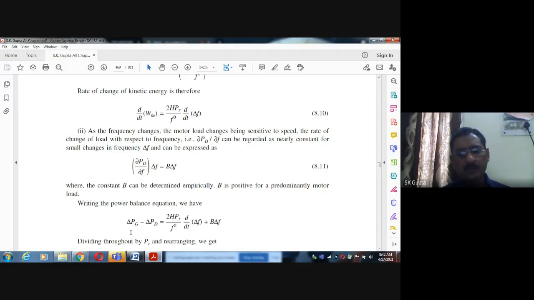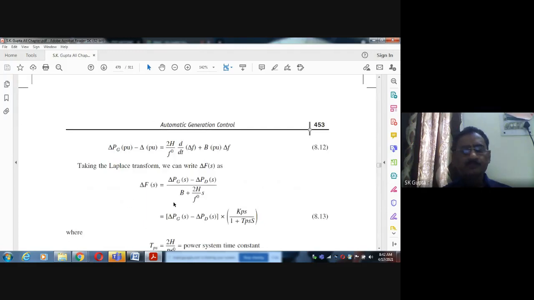If you divide PG by 100 it will be PG per unit में आ जाएगा। Demand divided by 100 it will be demand per unit। PR if you divide it here, this PR will be cancelled, B divided by 100 megawatt it will be B per unit। In this way this equation, because we know in the power system all the equations are written in the per unit form, so this equation is the equation which describes the model of the synchronous generator।